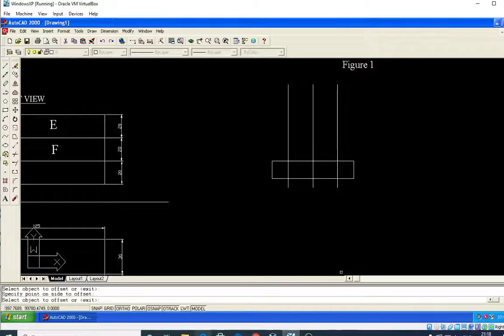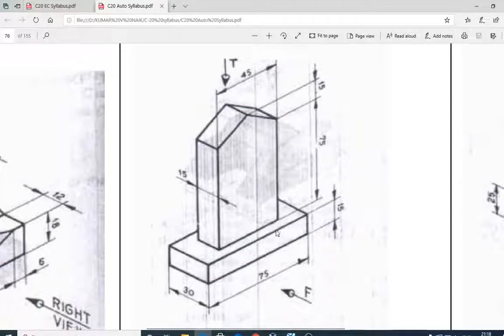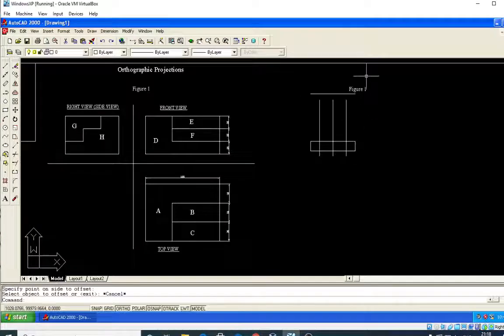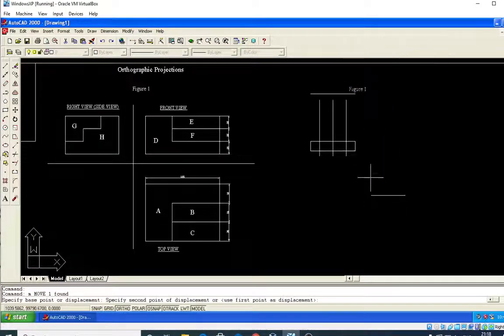Afterwards, look at this, what is the height from this line, and this line is also the same. Because from here to here the height is 15, from here to here the height is 75, and from this point to this line the height is 15 mm. So I have to offset this again. The offset command is very helpful in this kind of sketch. So offset 75, enter, select this, it is 75 mm. This figure I will move further to the top.